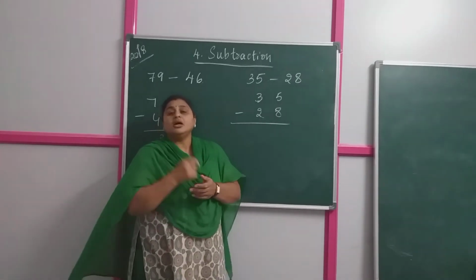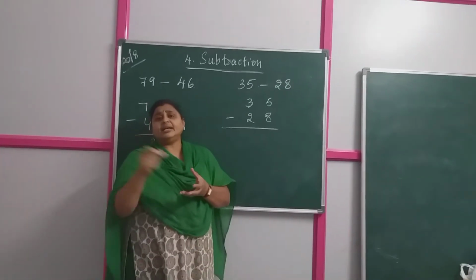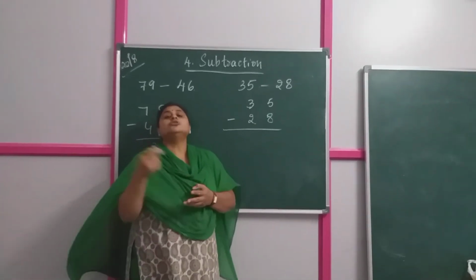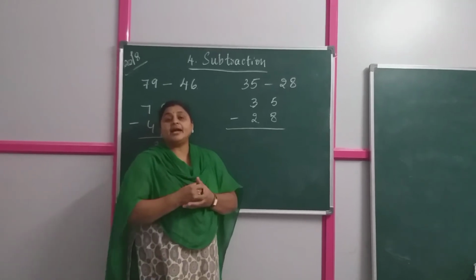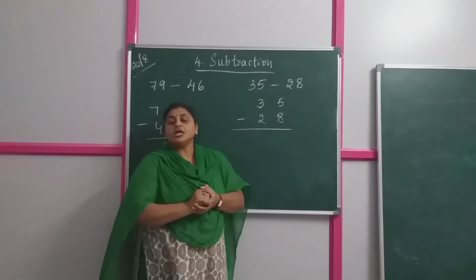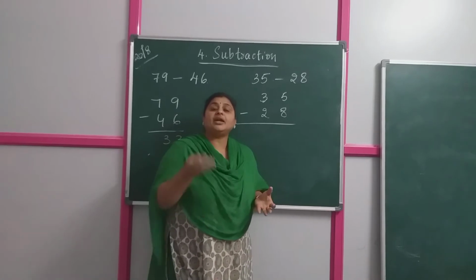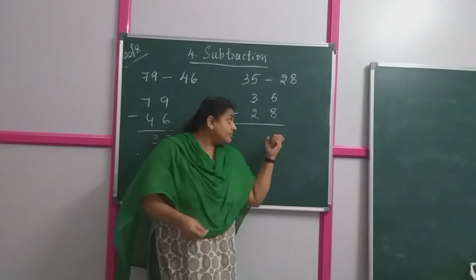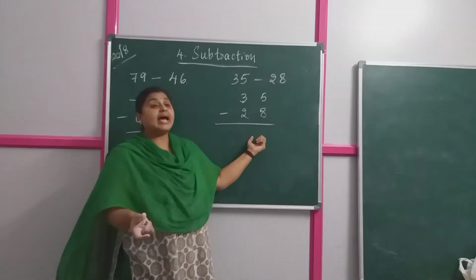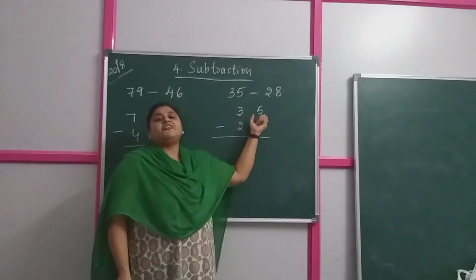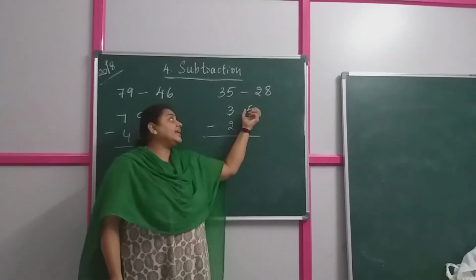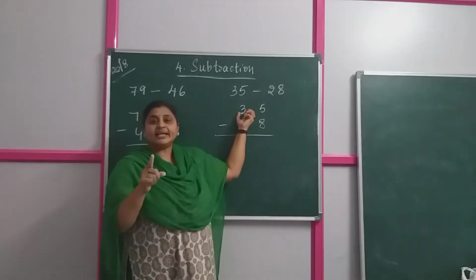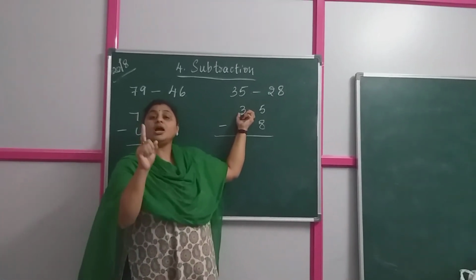Suppose when you are writing something in your class or you are coloring, you have no red crayon with you. What are you going to do? Will you color with the yellow? No. So you will ask help from your friend to give a red crayon. Am I right or not? Similarly, when I cannot subtract a bigger number from a smaller number, I am taking help from the other number. That is called borrowing.